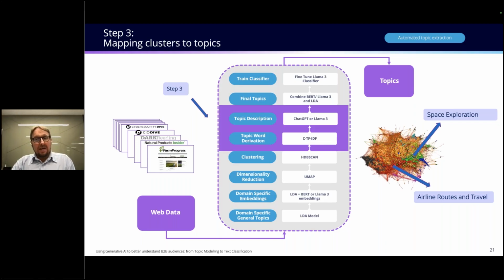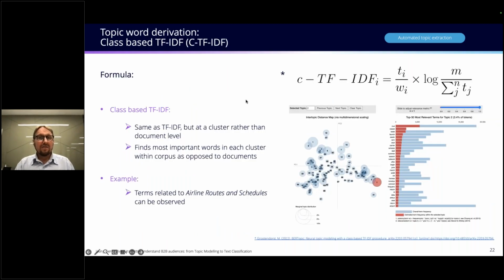The next thing we want to do is extract the actual description for each of these topics. We've obtained these clusters of documents that we ascertain to be a topic, and we want a description of these topics, because we don't know what they are. How we obtain that is, firstly, we use an algorithm also developed by Maarten Grootendorst called c-TF-IDF. TF-IDF is an algorithm which finds the most important words in a document in a corpus of documents. But what c-TF-IDF does is it finds the most important words in a cluster,